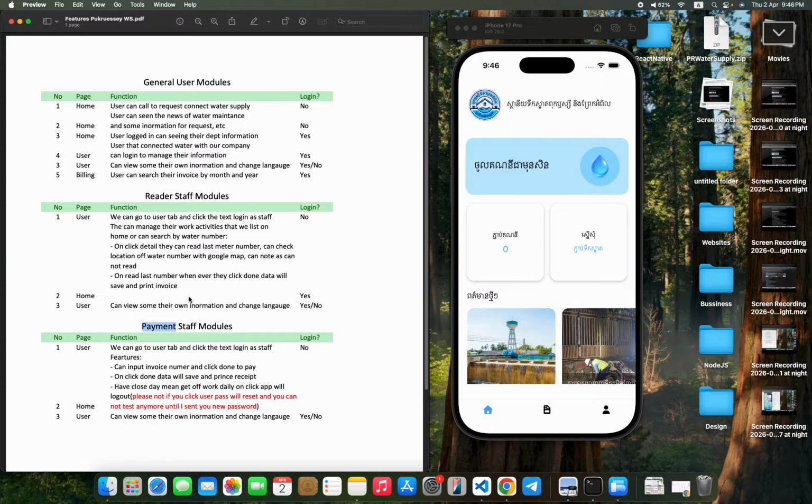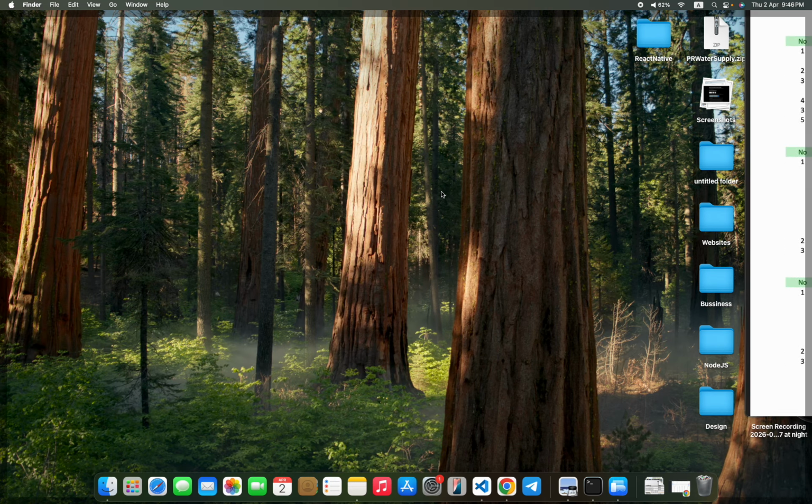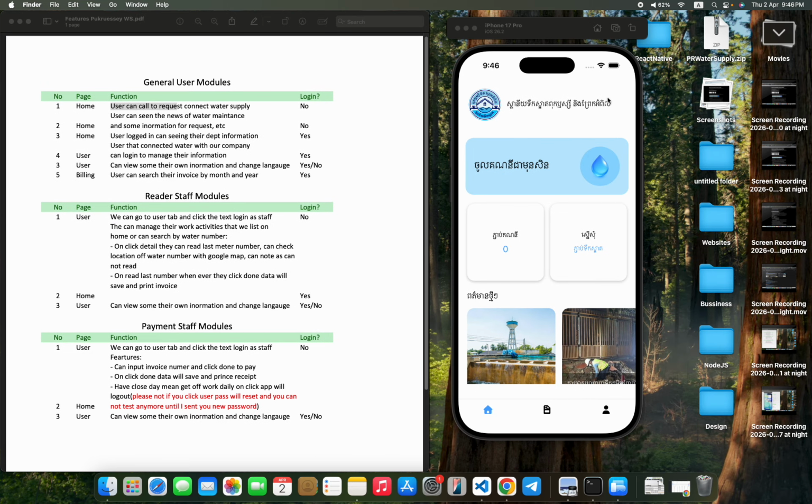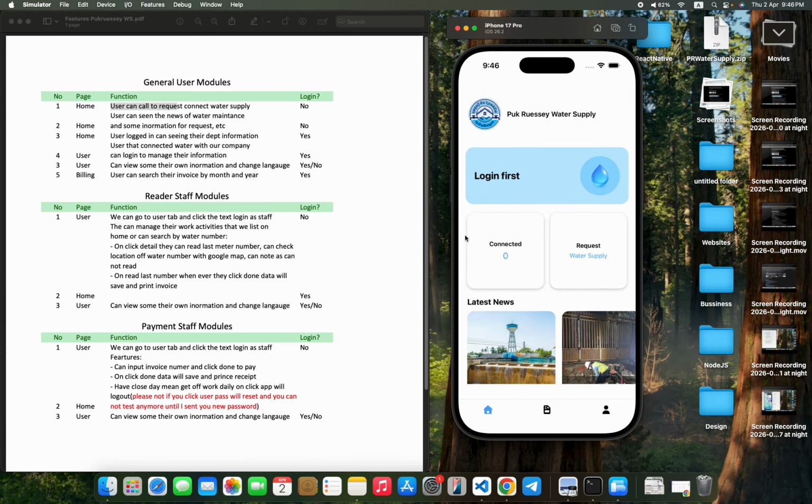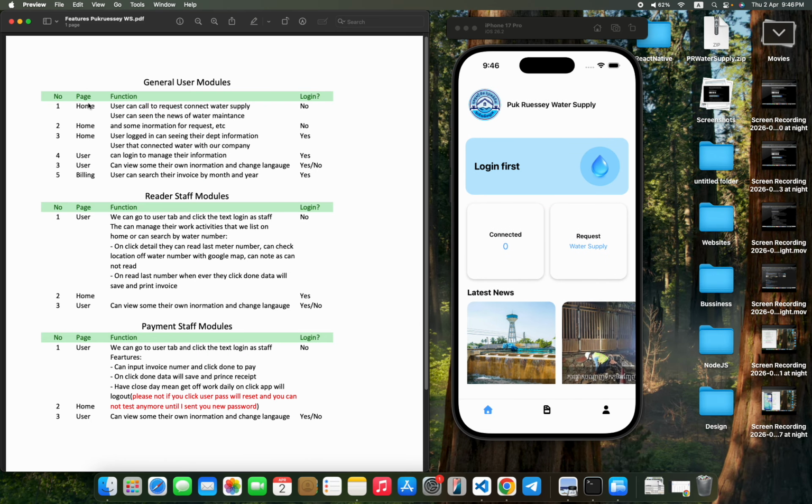They are responsible for different features. So let's start with the normal user, the general user. Everyone can go to the App Store and download it, and the app will show on the home screen like that. And to ease testing, you may switch the language to English. So that's it, and I will detail number one.